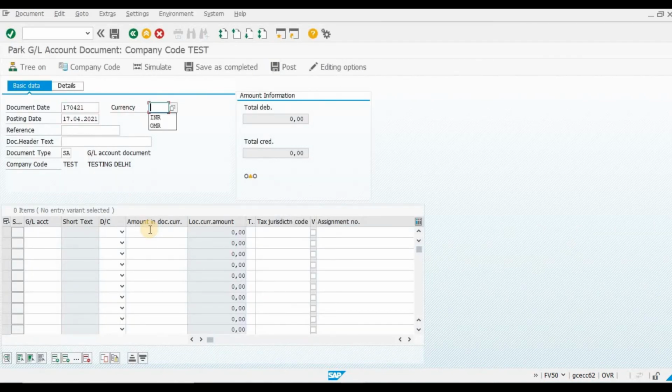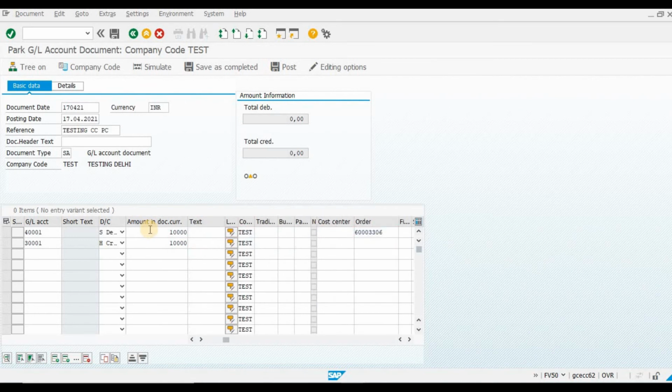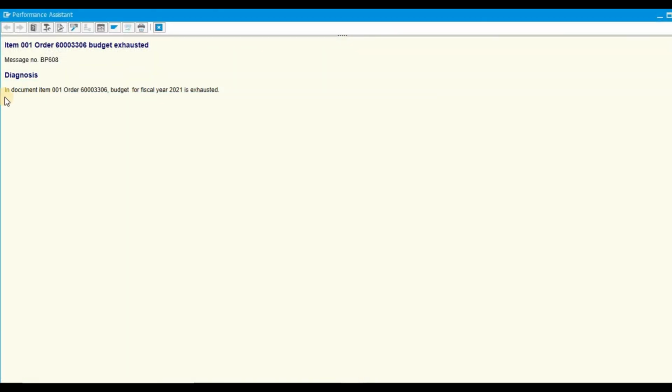Again we are trying to do this. Now order number, post. See, now double click. What does the system show? In document number, budget fiscal year 2021 is exhausted.